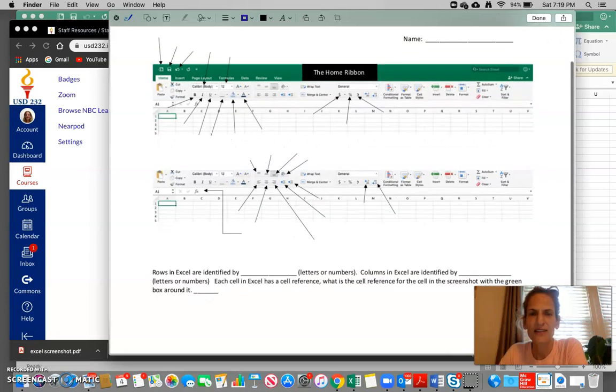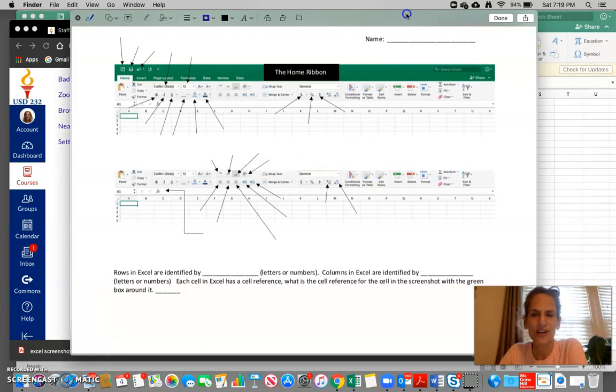And like I said in the instructions, this is not a test. This is not a quiz. I'm not trying to quiz you at all. So you can go into your Excel screen and hover your mouse over these buttons and keys to identify them. So like here, I'm going to click on my text box, and so then you get